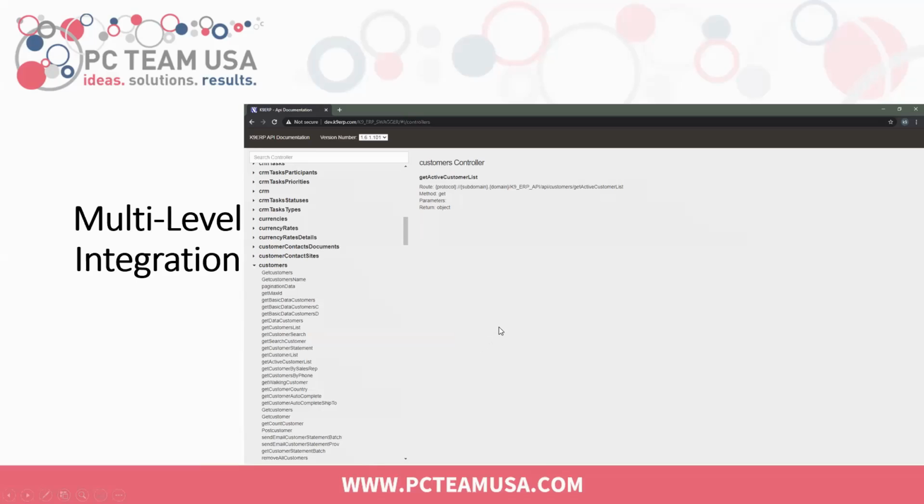I mean, there's a huge list of built-in integrations that are ready there, native, ready to go at no charge to the customer. If they have something more unique, we have this full API capability that gives us the unique position where we can quickly and cheaply develop apps or connect existing apps to K9 in a way that nobody else can do. And let me show you a little bit of what I mean by that.